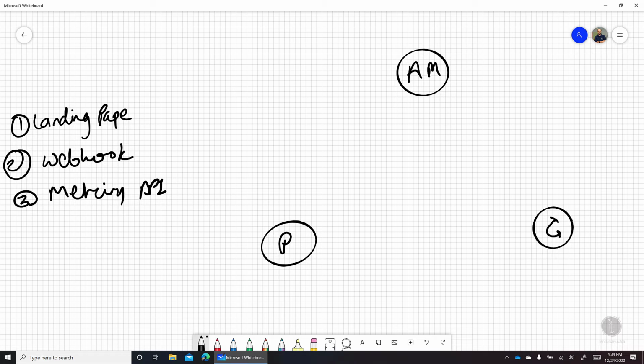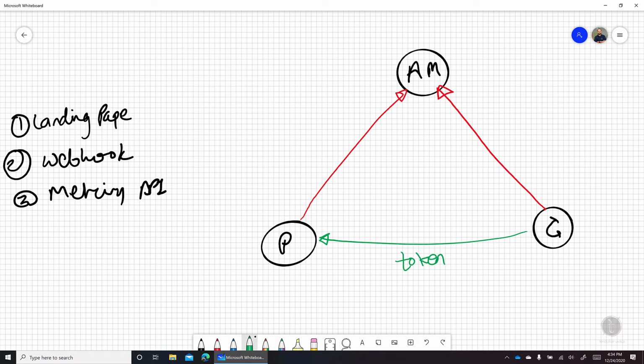Now let's assume that you have already published your solution on the marketplace. Now the customer is on the Azure Marketplace and is searching for the solution. He finds your solution, and as your solution is transactable on the marketplace, the customer says, hey, I want to buy it now or get it now. In this case, what actually happens is the marketplace sends the customer to the publisher's landing page. So this is the first requirement. While sending this customer to the landing page, a token is sent. Okay, so the landing page has the query string token, which accepts the token.